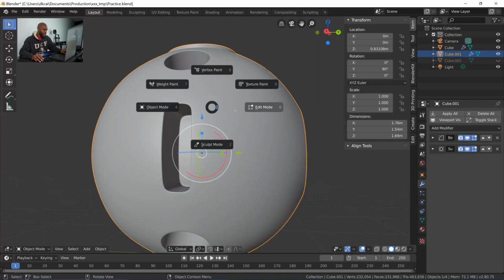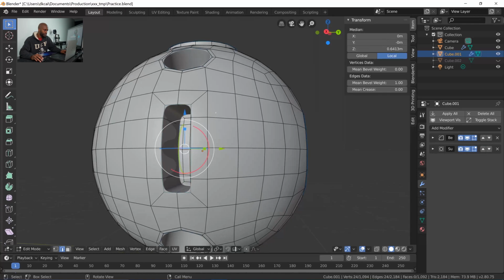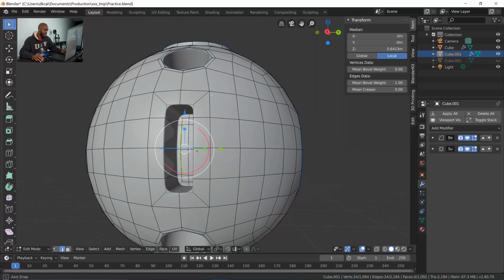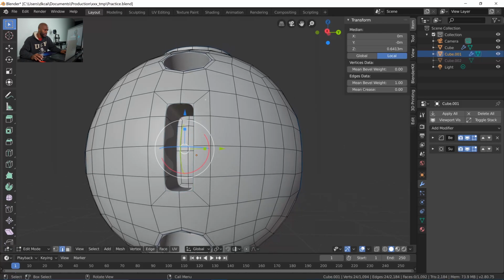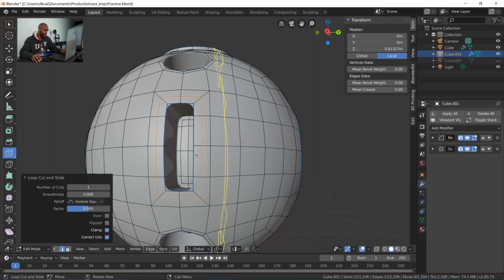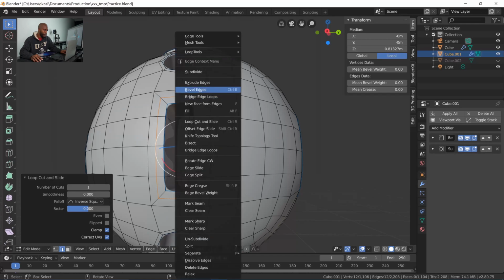What I want to do is an edge loop tool there. Then I want to right click on it, bevel edge,